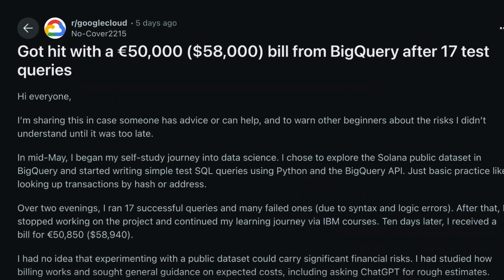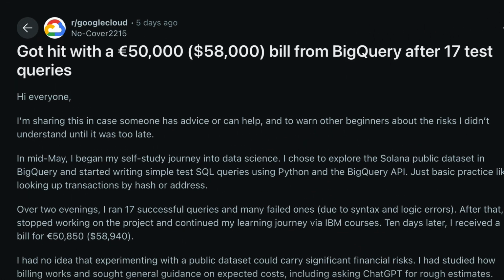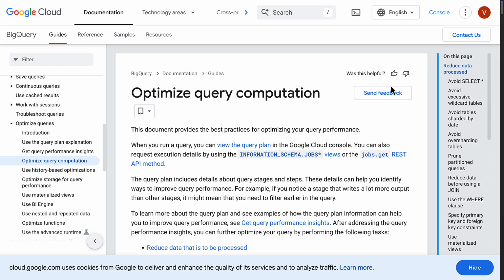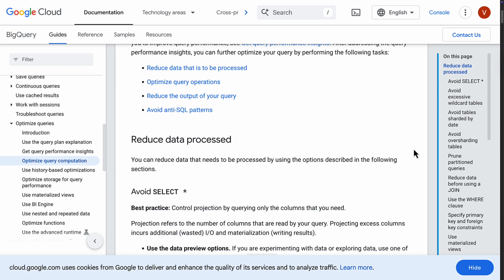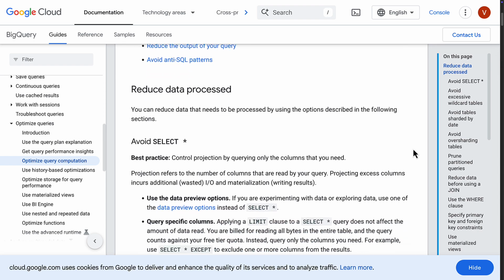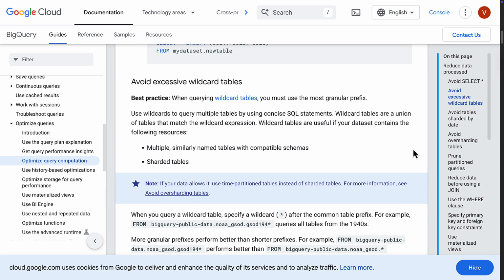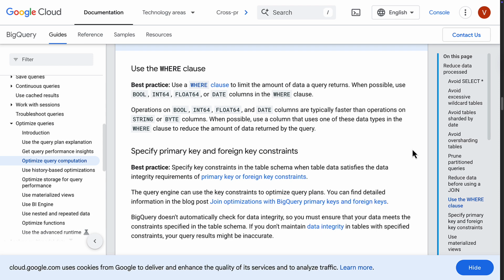The top 3 bill bombs are: number 1, BigQuery. Remember that Reddit story I showed in the very beginning? Yes, it was caused by BigQuery queries against large public datasets. If you plan to work with BigQuery, check out the documentation on optimizing query computation. It will teach you a number of things from avoiding select star and using the where clause to anti-SQL patterns